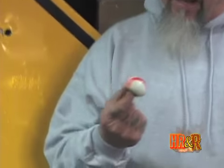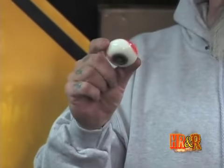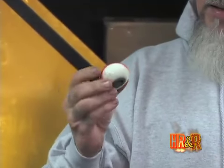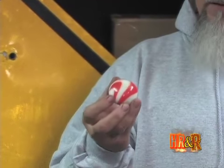I recently found out. A friend of mine passed away. He was, I don't know, mid-70s. He always told me about a shifter knob that he got from his dad. His dad bought a new A-model car, and the first thing he did was get in a catalog and order an aftermarket shift knob. Now this shift knob is made out of glass and it's really cool. He passed away, and he gave instructions to his wife. He said, when I pass away, make sure James gets my shift knob. So, a little bit of history, and it's really cool